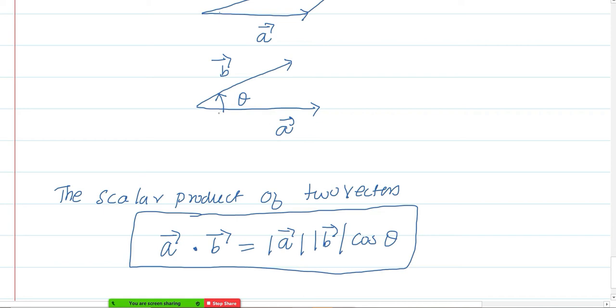If you're given a vector, say this vector is A vector with some components given, and B also is given, and also let theta be the angle between two vectors, say 30 degrees. You know how to find the magnitude of A vector, and also the magnitude of B vector, and cos of the angle between two vectors. If you multiply, you will get the A vector dot B vector. Now, magnitude of A is always a scalar, right? It's a number, and this also a number, and cos 30 also will be a number. If you multiply three numbers, obviously your final result will be in the number form. That's why A dot B always gives the result of what? A scalar.